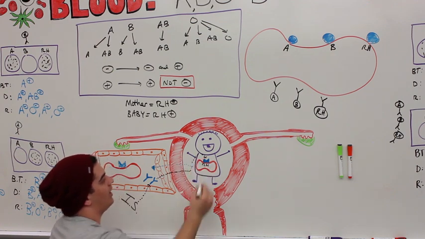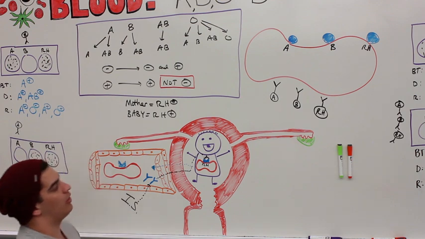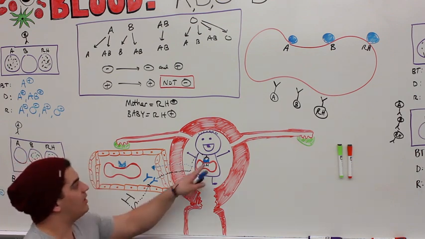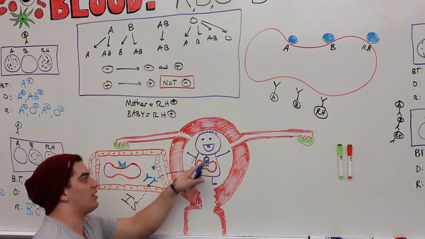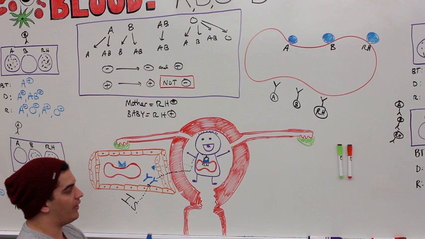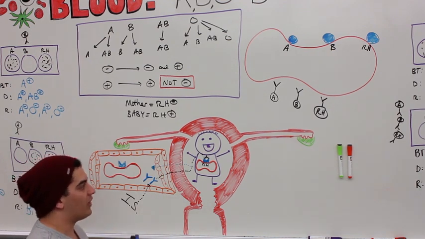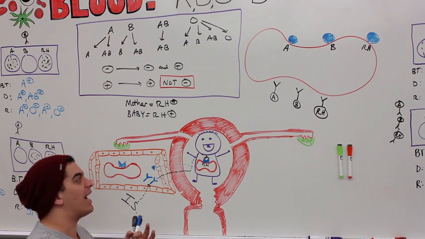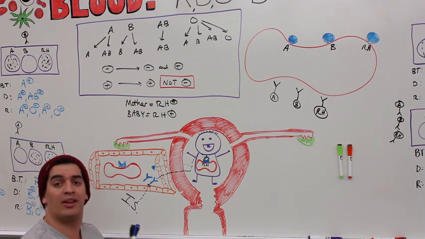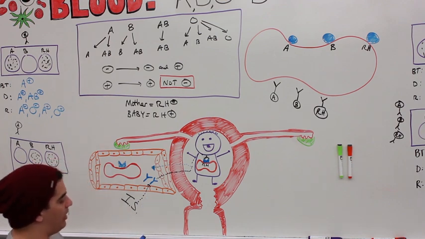It comes over and it attacks this baby's red blood cells. And if these antibodies attack this baby's red blood cells and undergo agglutination and hemolysis, then this baby is going to have hemolytic anemia. And this is a very, very terrible condition because it destroys a ton of the baby's red blood cells, increases bilirubin levels to the maximum, and can cause kernicterus and mental retardation, a lot of problems. This baby will develop a condition which is called